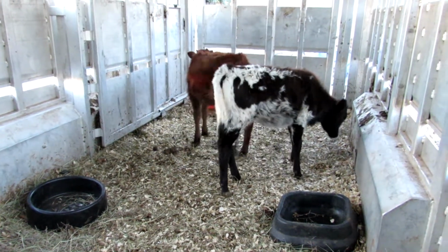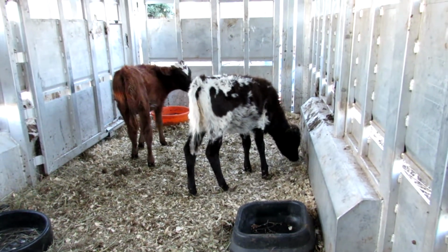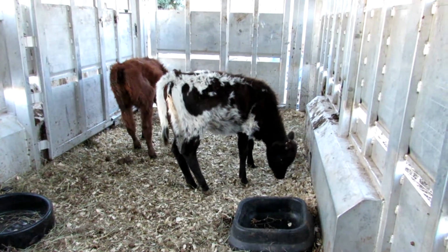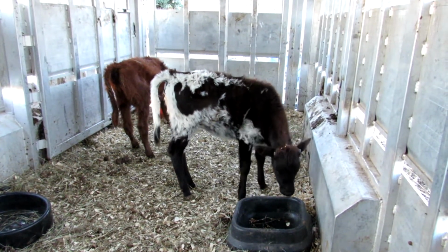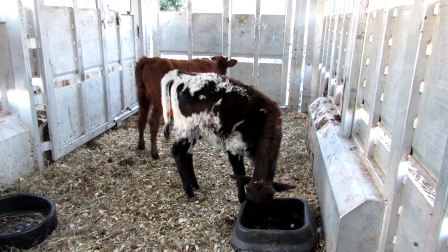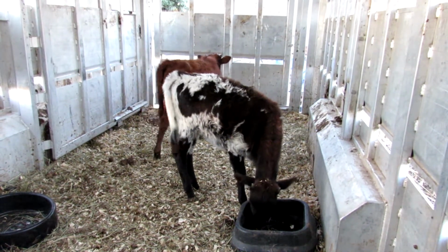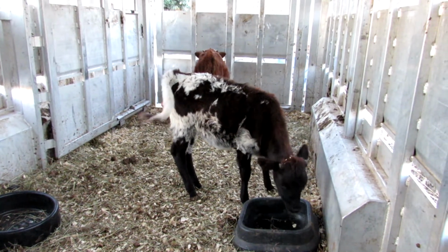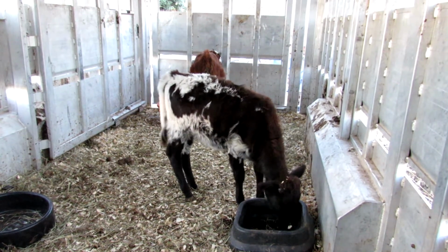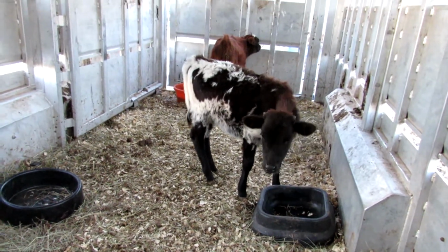As far as the halter breaking part, usually by this stage, they've been in the trailer for a while, but it's so spacious compared to them that it's not a big thing. Usually they would be wearing halters, but with their size, I don't have any halters that are small enough for them, and have got some ordered. So they would be wearing halters. They wouldn't be tied up quite yet, but they would have to come to me and put up with my hands moving in order to drink the